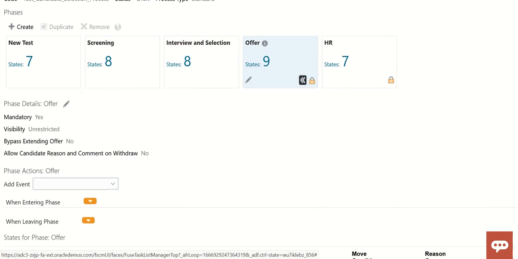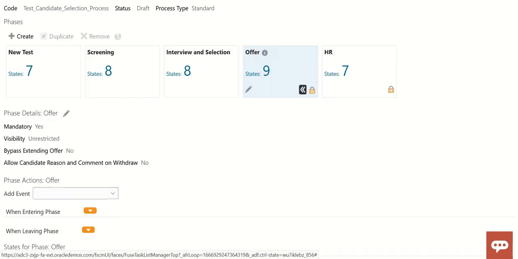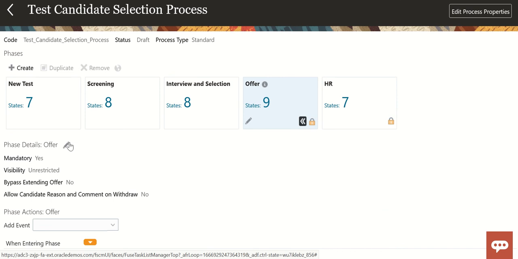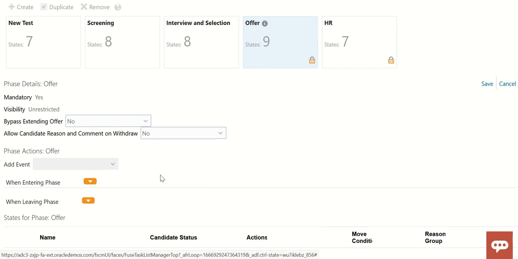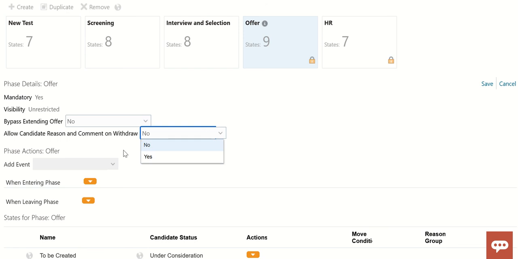It means you cannot do anything here, except this thing you can change. Whether you bypass the extending offer, allow candidate reason and comment on withdraw, no or yes. If you want candidates to provide the reason and comment while withdrawing, that can be enabled here.